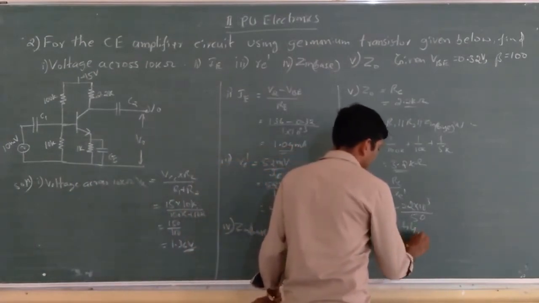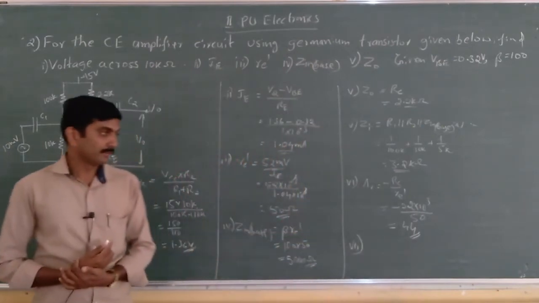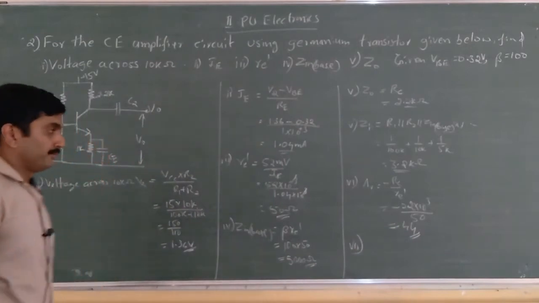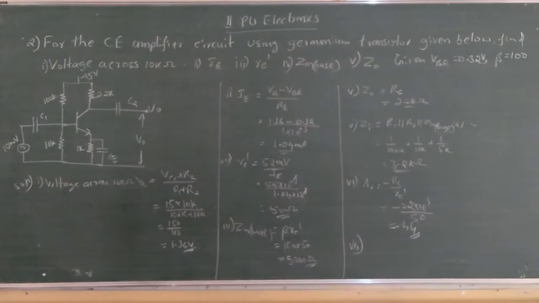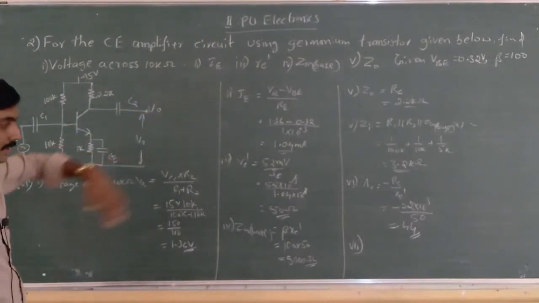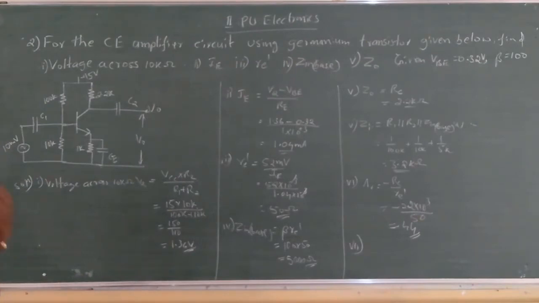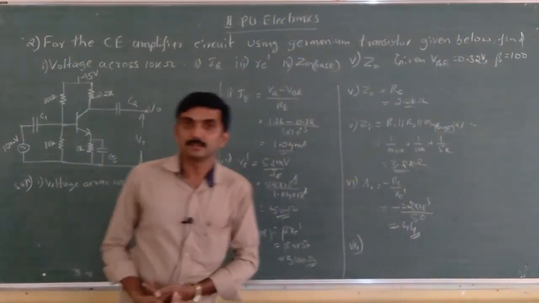See, now using this you can calculate. See, voltage gain is minus 44. Actually, negative sign is very important here. Otherwise, you can't indicate the phase inversion here. Now, how is this voltage gain helpful to calculate V naught? See, in the question it is not given. But these are all calculations I can include in my problem, if I want to give one problem to the students. I can include these things to be calculated.